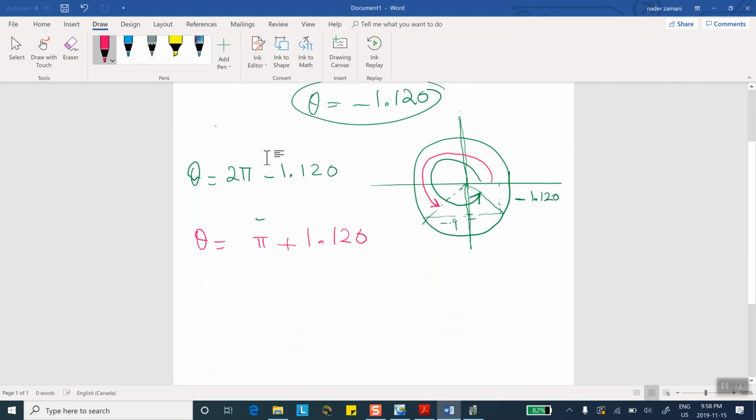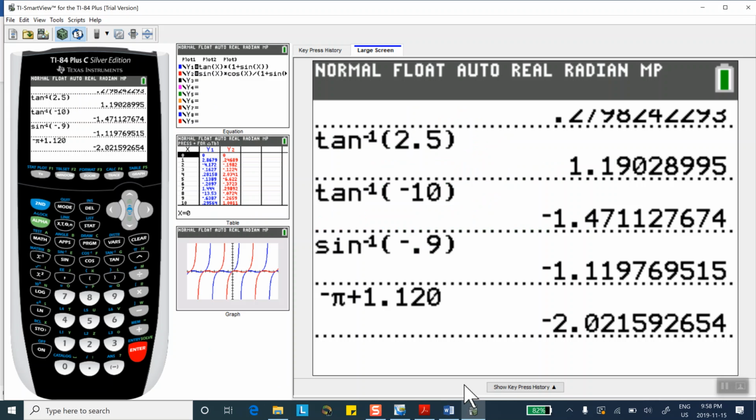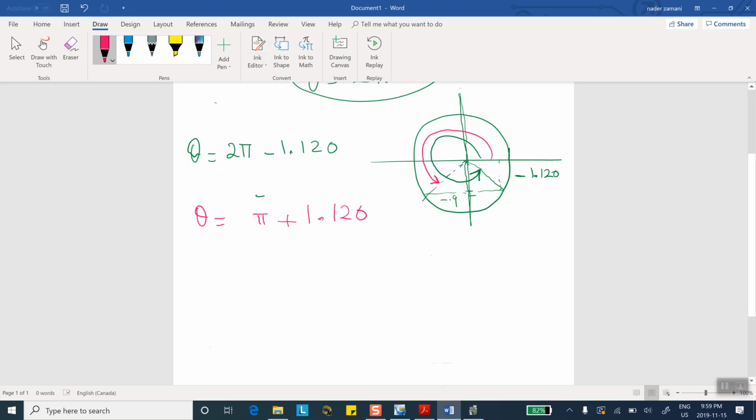The two angles, let me figure them out. 2 pi minus 1.120: 2, second function pi, minus 1.120,